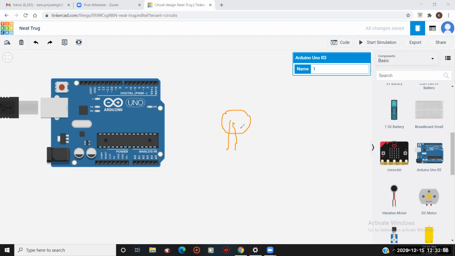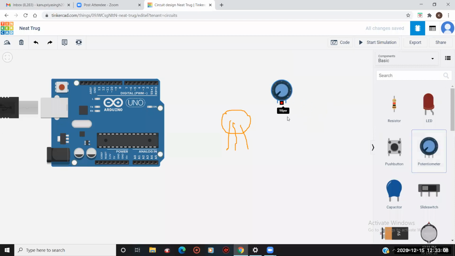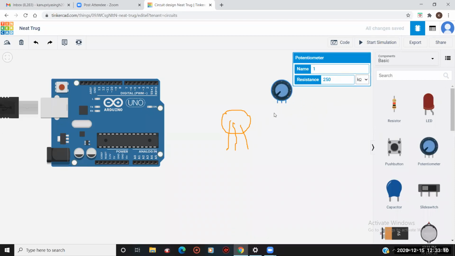A potentiometer is a three-terminal device. Let me show you the potentiometer. Yeah, here it is. So you can see this is a potentiometer. Just ignore my drawing, guys. I know I'm very bad at drawing. Ignore it, okay? This is our potentiometer.